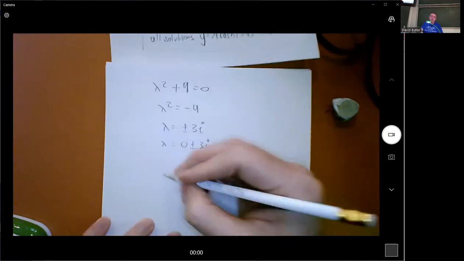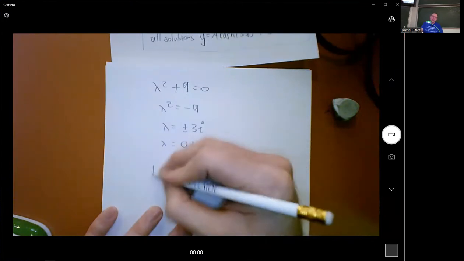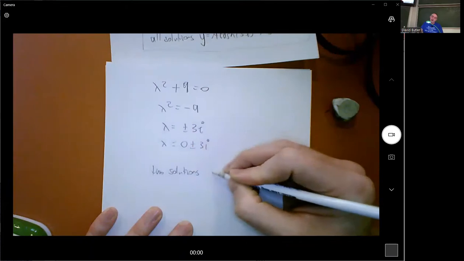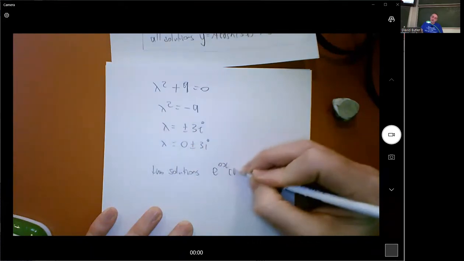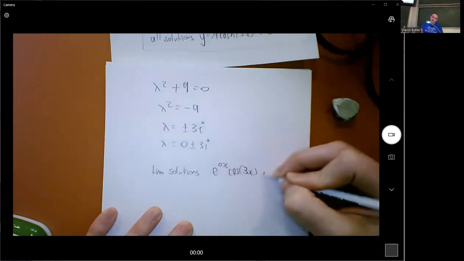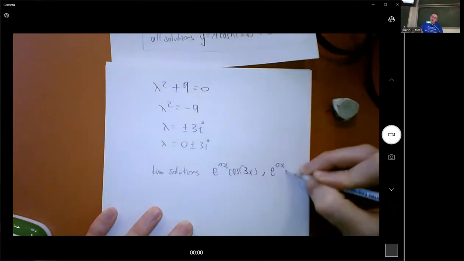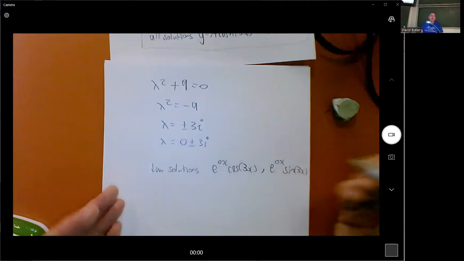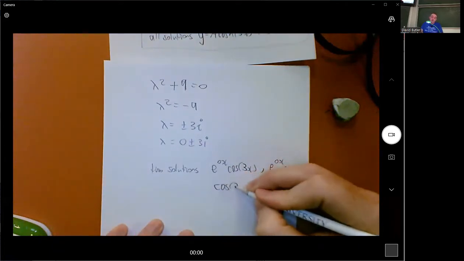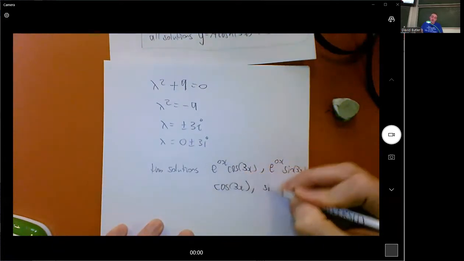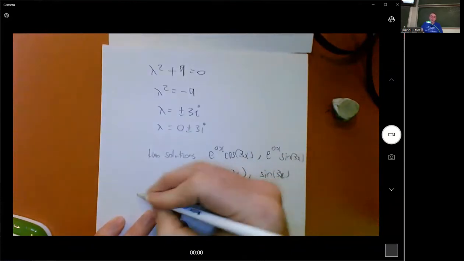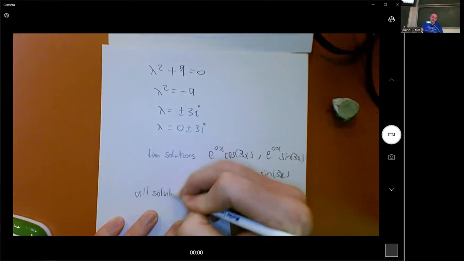And so what you'd do is you'd go, the two solutions are e to the 0x cos of 3x and e to the 0x sine of 3x. But e to the 0 is just 1, and so we just get cos of 3x and sine of 3x. And so all solutions